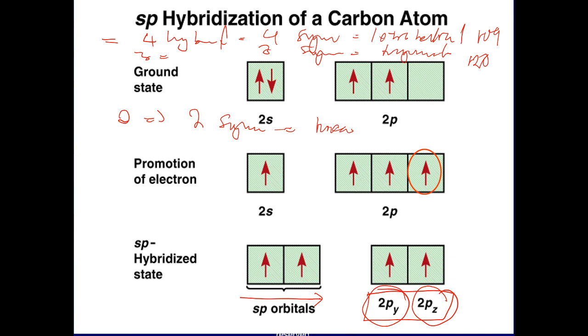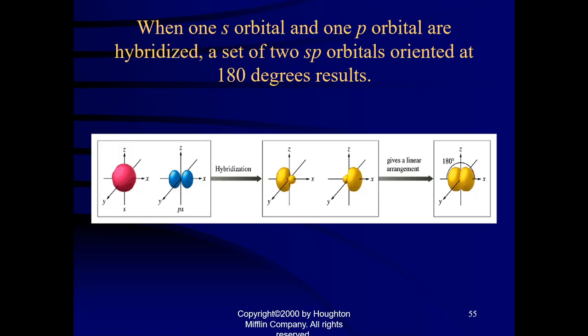basically going to be 180 degrees because it's linear. It's a straight line. So you have a carbon here, with that and that. So this is 180 degrees. And when you draw the structures, this is how they will look. So in 180 degrees, they'll look like this. Now note that this will overlap with that